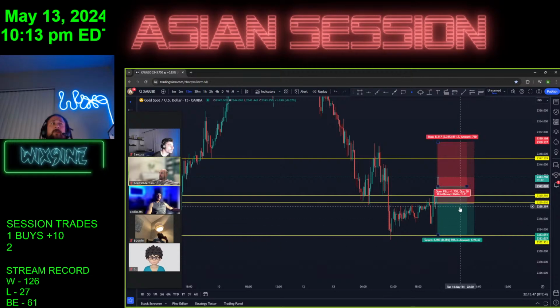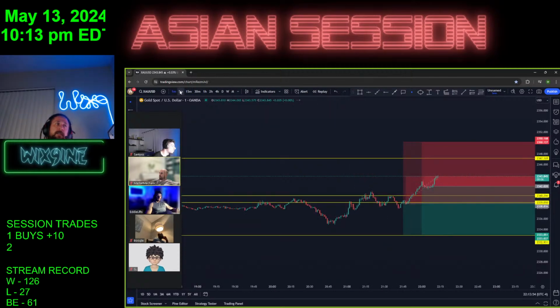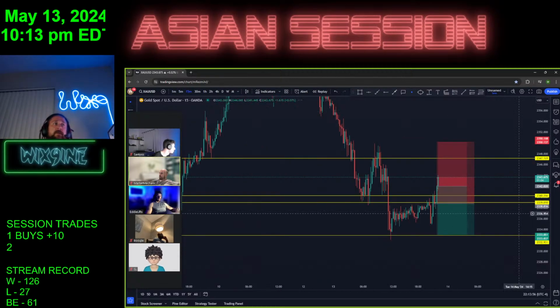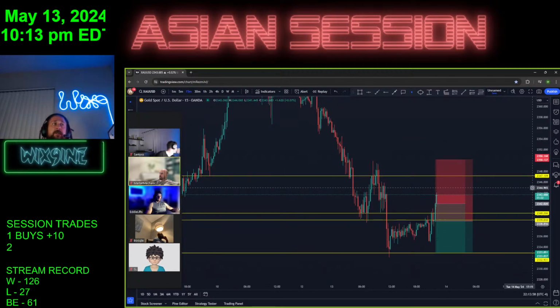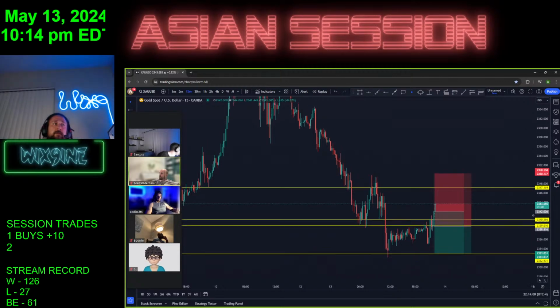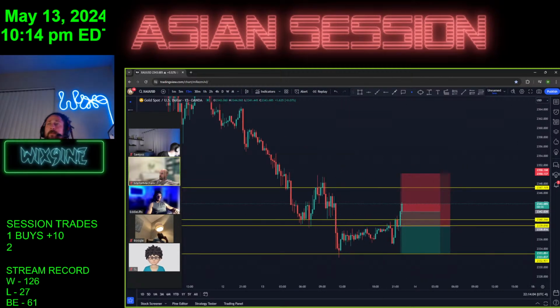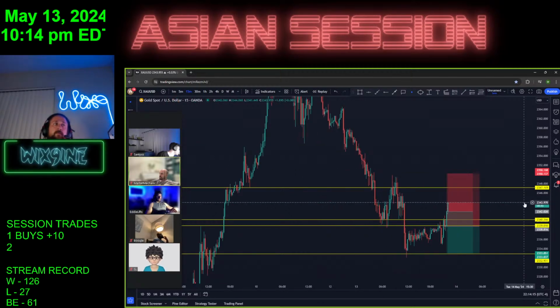Buying, no, I was looking to retest the bottom of the range. Unfortunately, that's not the case as of this moment. As of this moment, it's pushing up to the top of the range. One minute here for the 15. Will we have another pineapple?